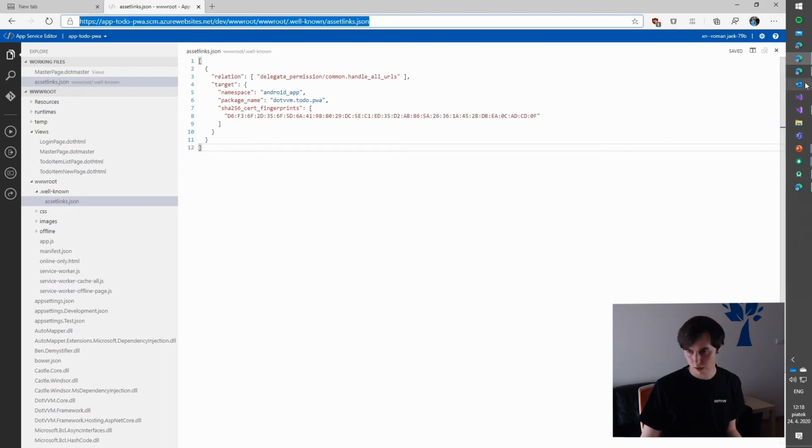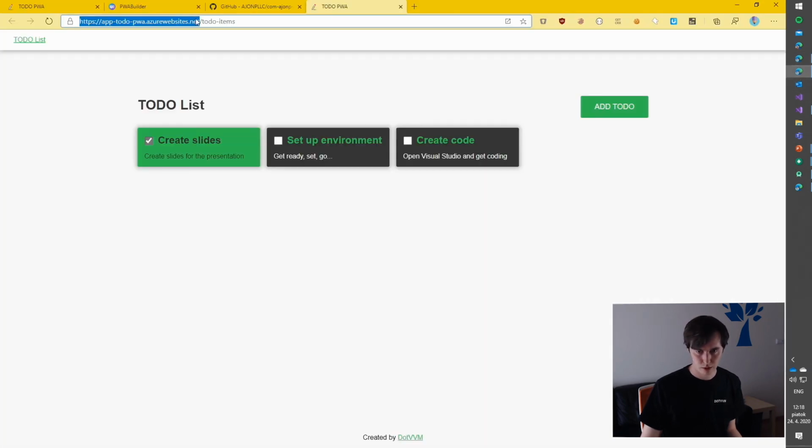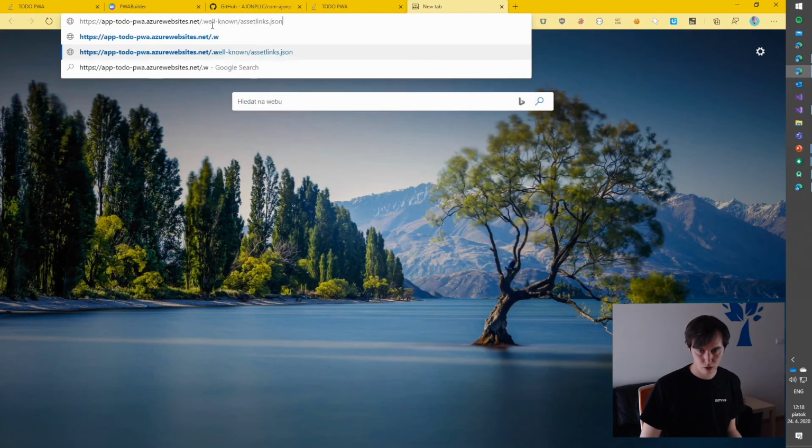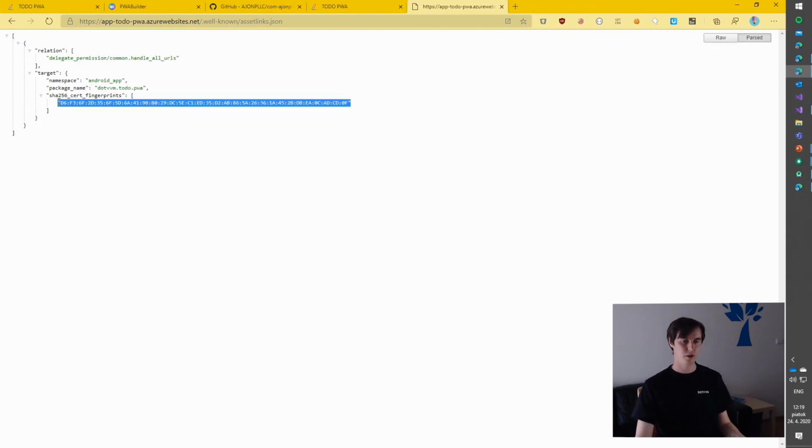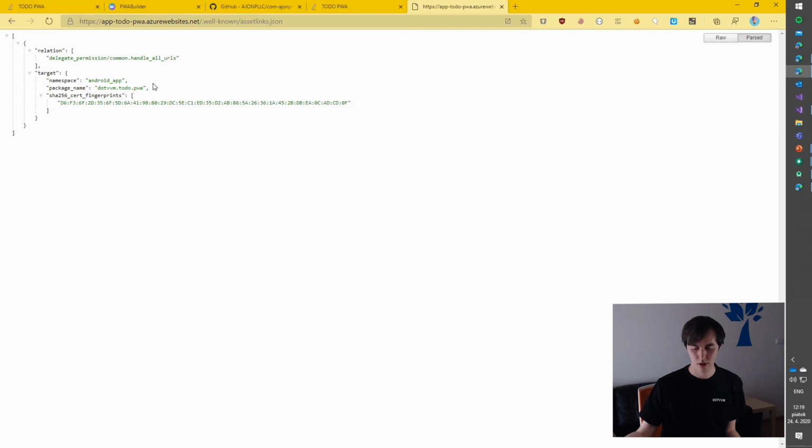So now when I approach this URL, so when I get to the .well-known/assetlinks.json, the server serves this file. It contains the fingerprint that got generated from the certificate used to sign the application. So this is how you connect the dots. This is how you connect that you are the application owner and you are the website owner. You sign the application with your certificate, and then you get this